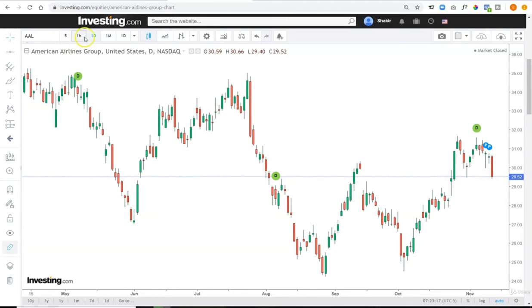Now on the top we have the different time frames. So right now the 1D is in slight blue color, which means that this chart is the daily chart. This is also given here, American Airlines Group, United States. D stands for the daily, and it's on the NASDAQ. And then here we have settings. We have the open, the high, the low, and the close. Notice that as I move my cursor around, the OHLC values keep changing because these are the values of each